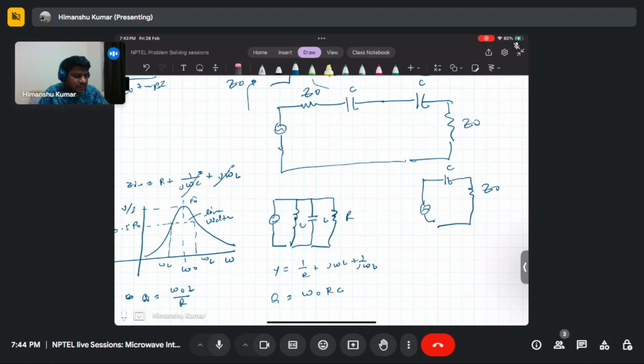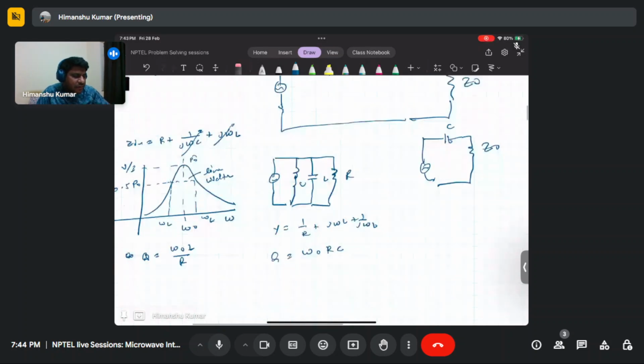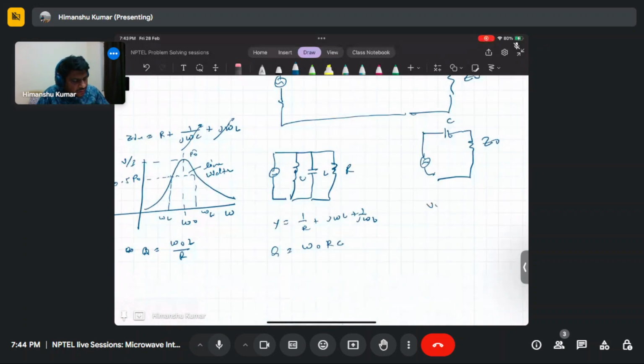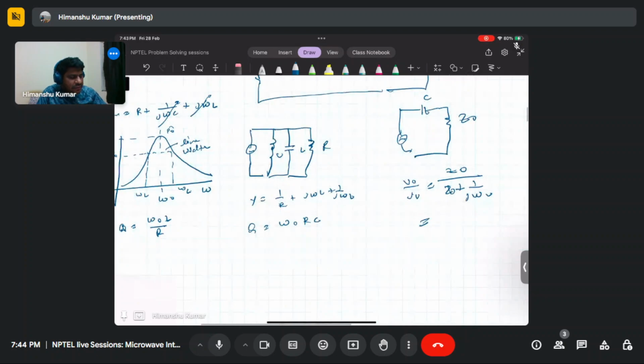So for the total, V out by V in will be equal to Z naught by 1 plus Z naught plus 1 plus j omega C, and that you can write with Z naught taken common as 1 plus 1 by j times Z naught omega C, and for this you can see that